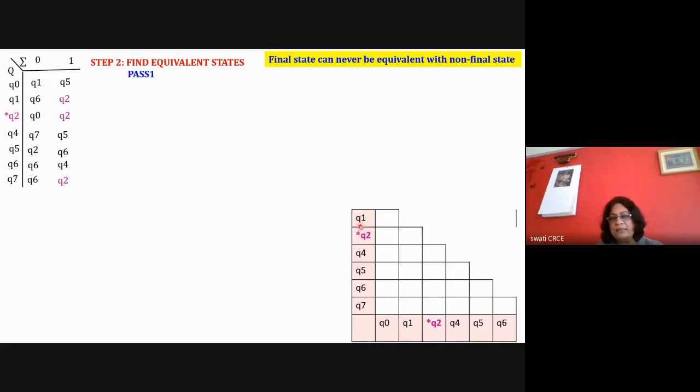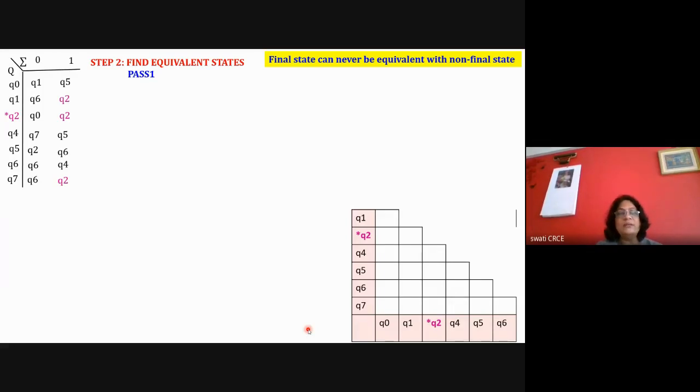Okay. And then you need to create a square like this, where the first column is there for all the states, meaning all the rows are there for this first column. The second column is having one less row, like this the number of rows are less. Here there is only one row, then two rows, then three, four, five, six. So like this you create a table. I think you have understood that.